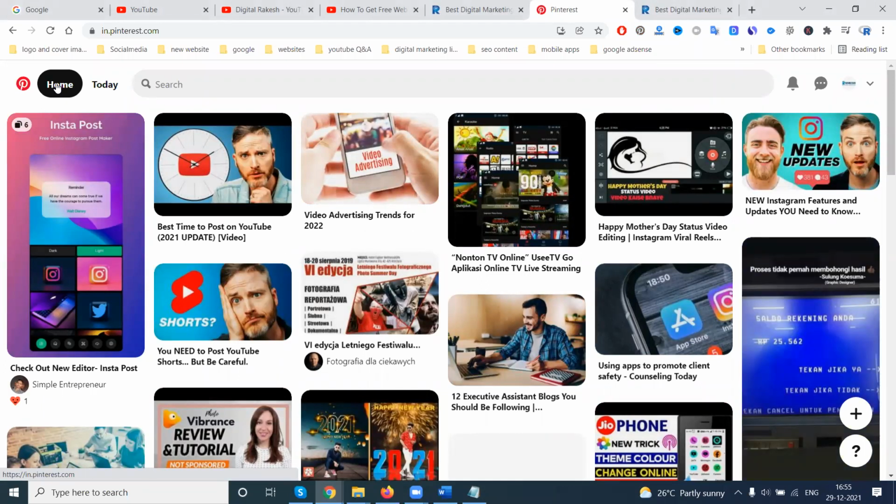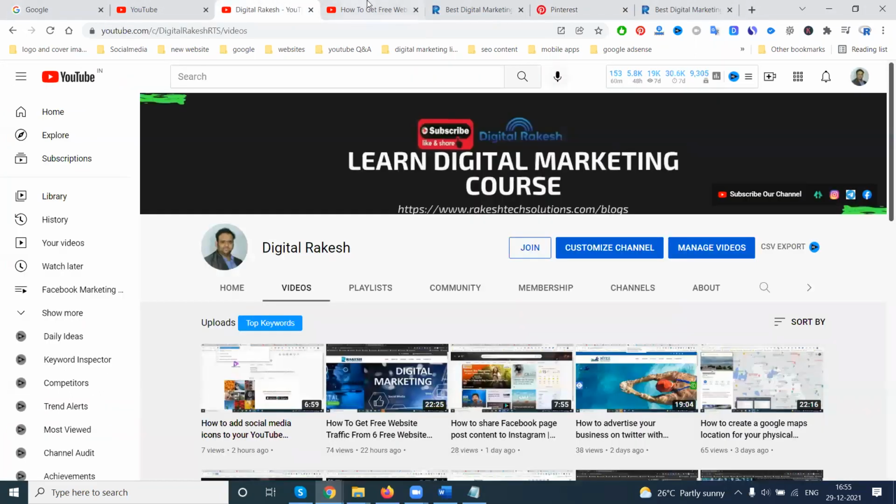Based on the keyword, submit to different Pinterest and social bookmarking websites. So any questions about your Pinterest option and how we can optimize it, all that we can discuss